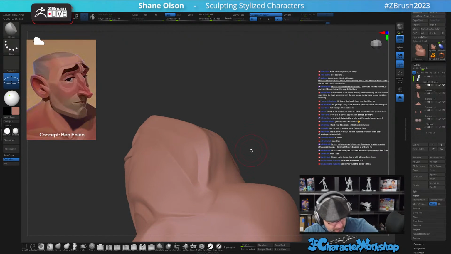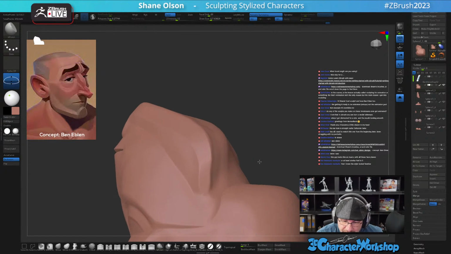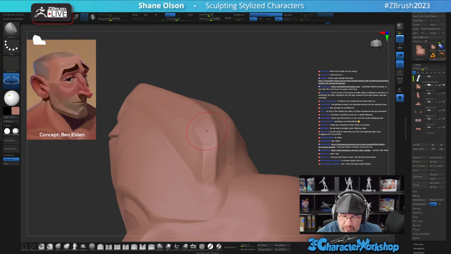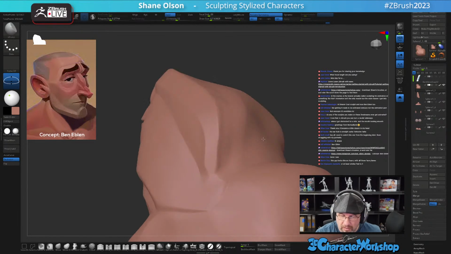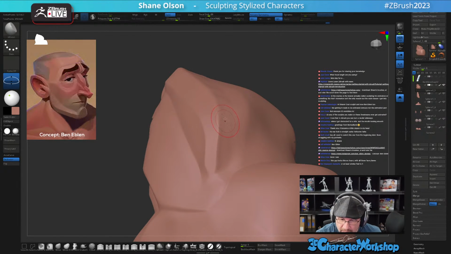Did you know that if you hold down Alt, it will actually pull the geometry up to the brush rather than flattening with H polish? So if I hold down Alt, see how it kind of brings it up? So not that I need it right now, but